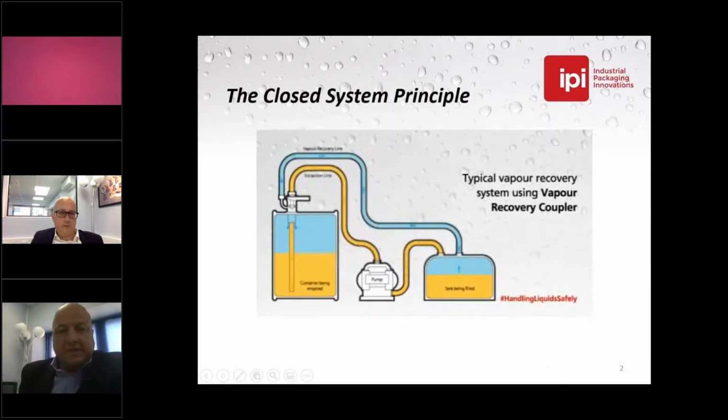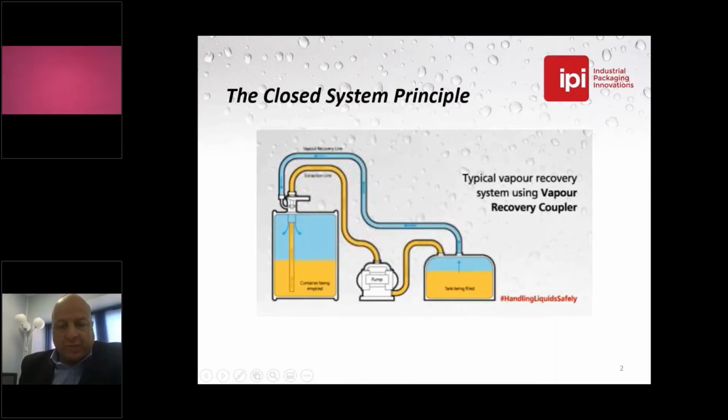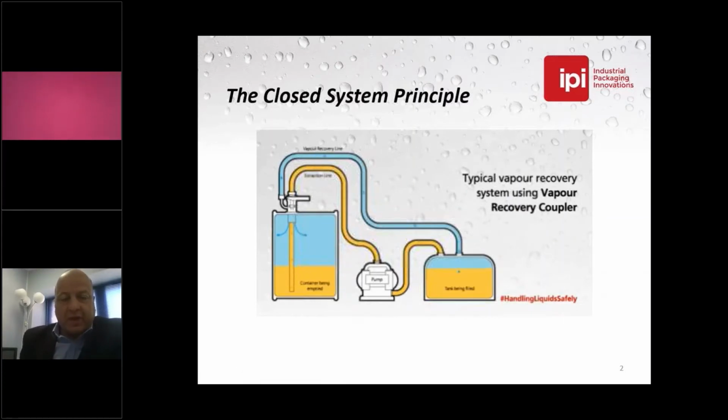The closed system, the principle is very, very simple. You have a container on the left-hand side, which you need to empty. And on the right-hand side, you have a tank that needs to be filled. This can be with a very hazardous, very nasty chemical, the kind of thing that you're in touch with every day. But you want to do it without any exposure to your operators, without any exposure to the environment of that dangerous chemical. So I know you all know the principle,